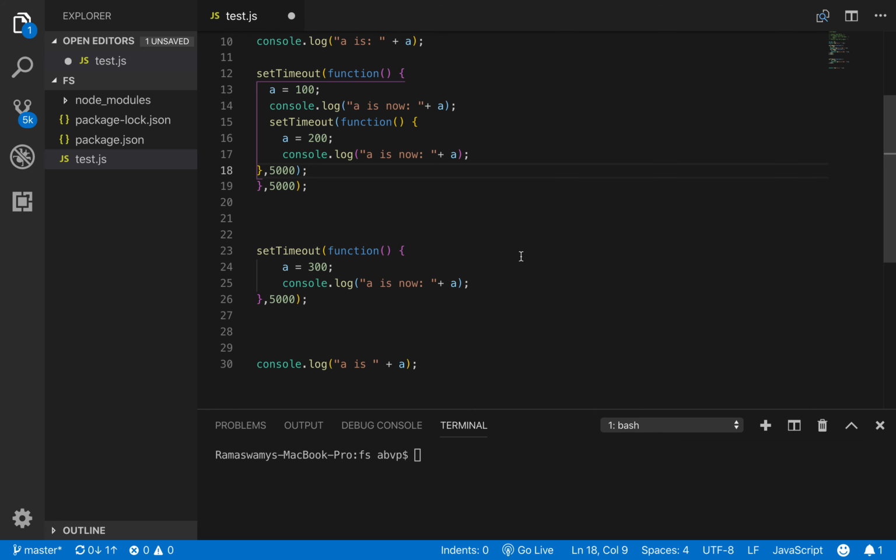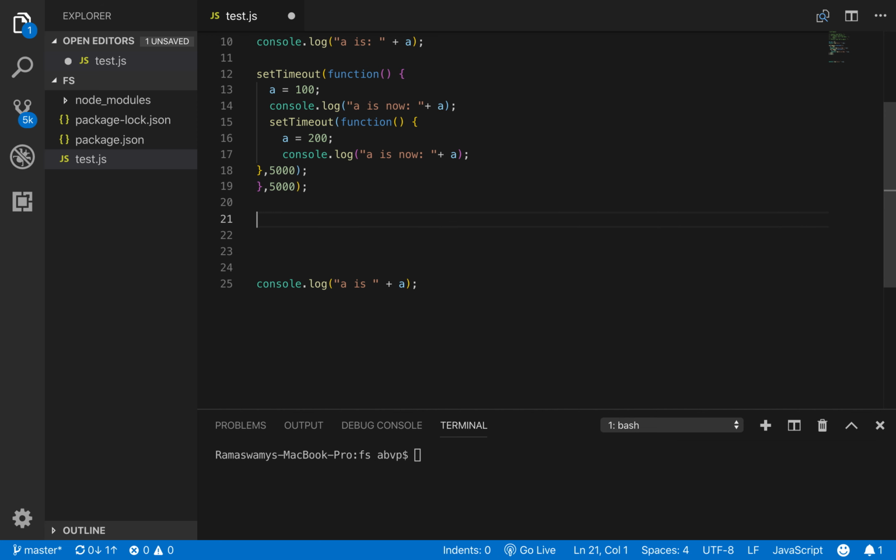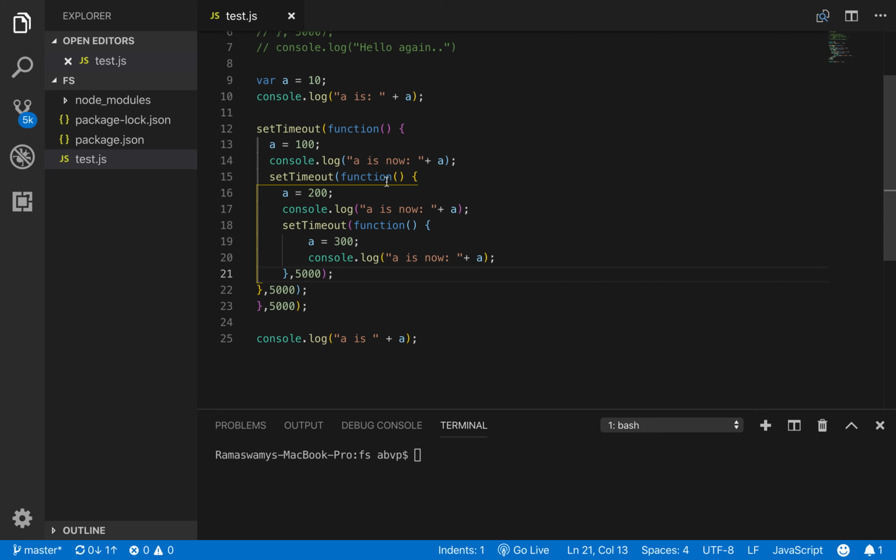And similarly, we have one more, so we can take this out and nest it here. Alright, so we have a setTimeout function which contains nested setTimeouts so that the order is maintained and hence guaranteed.